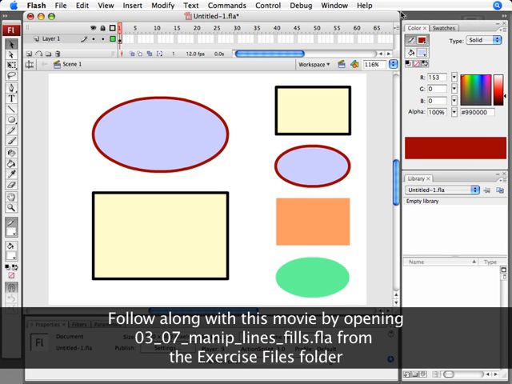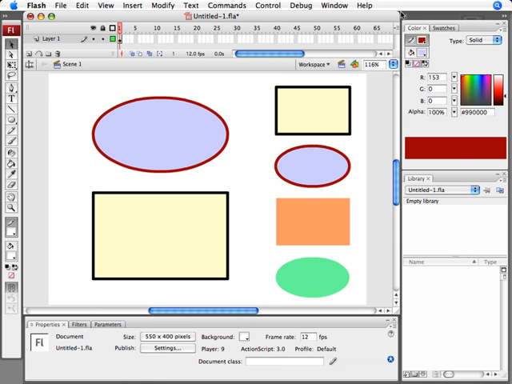Although we've spent some time creating lines and fills, we haven't focused a lot on editing them. So this video will show you a few quick ways to manipulate existing lines and fills. Especially important in this video is adjusting to Flash's natural drawing methods. Let's begin by looking at something we learned earlier in this chapter, and that is by using the subselection tool,